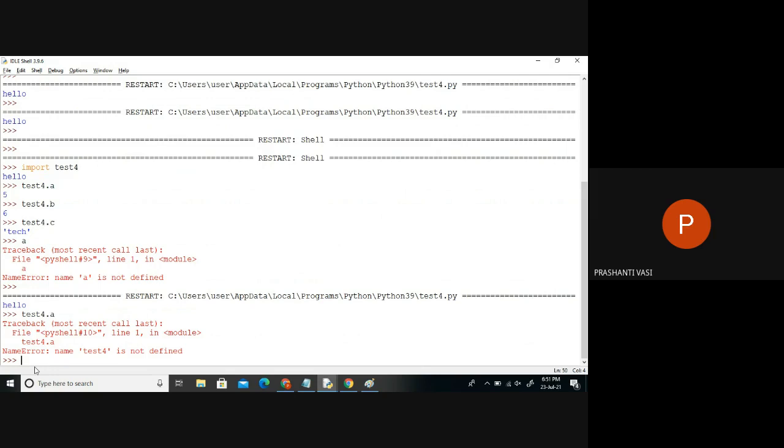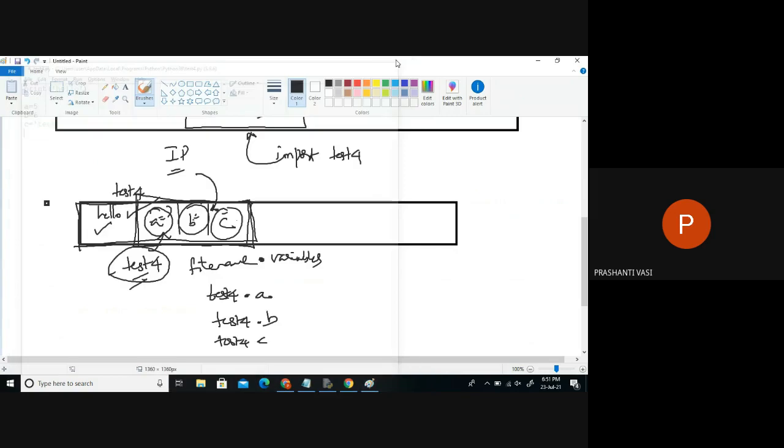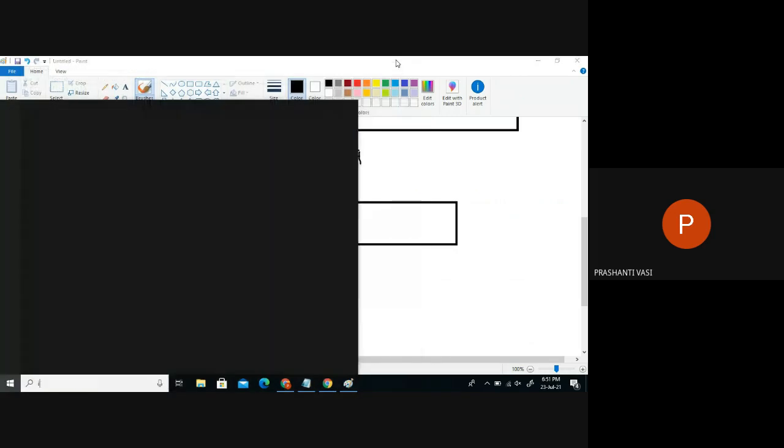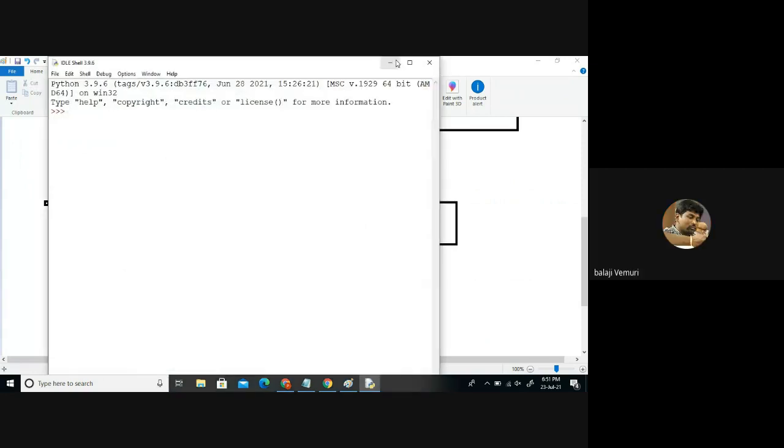There are two ways to run the code, I said. What was the first way I said? See, if you have a doubt, again I will show it from the beginning. There are two ways to run the code. One is, I think, open the IDLE. We need to reset the shell. Okay, I have to open the shell right now. The file is already saved, no? Test4. You know that file is there in the system.